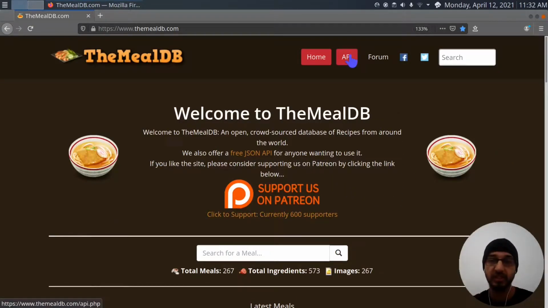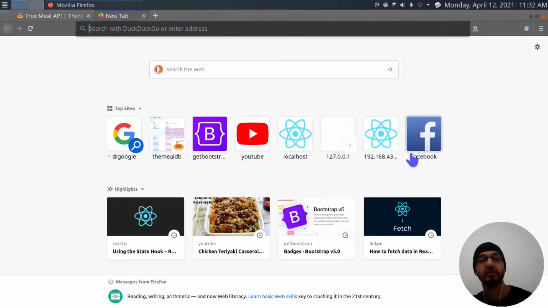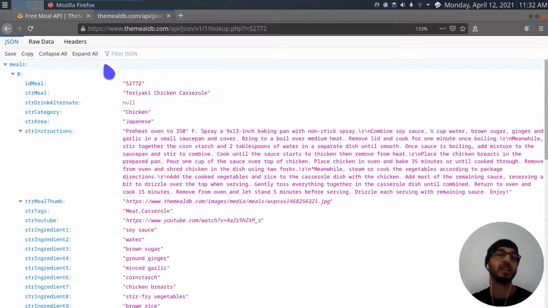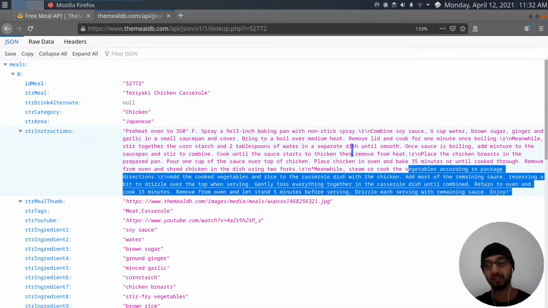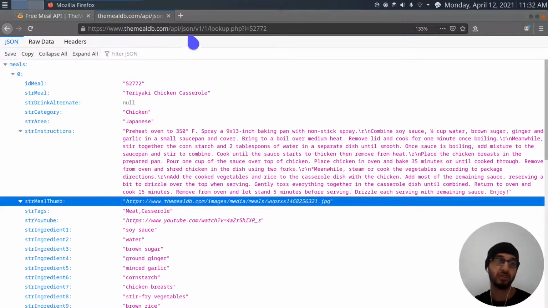So here in API we have a couple of options, and I'm going to show this one for you. Here you have a JSON file with an object with the name meals and some properties like the name, the instructions, and the image here. So let's copy this